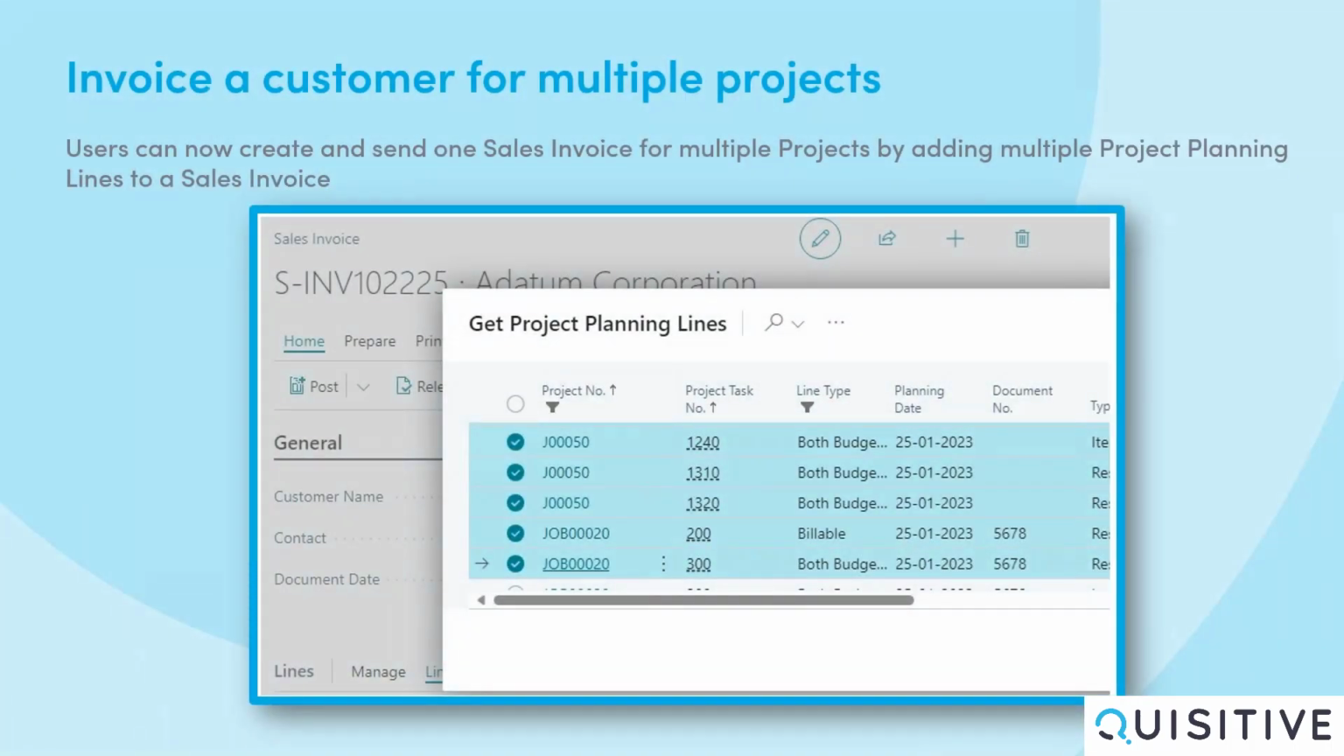Invoice a customer for multiple projects. Business Central now has the functionality to bill multiple projects on one sales invoice by adding multiple project planning lines to a sales invoice. This is achieved using the Get Project Planning Lines action on the Lines FastTab of a sales invoice. When the Get Project Planning Lines action is selected, the system will display for selection projects where